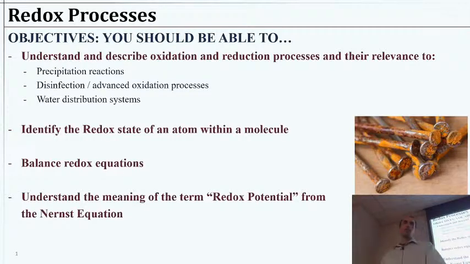Today we're going to talk about more than anything else, a refresher. How do we calculate or balance a redox half reaction? I'm going to remind you of some things you probably learned, probably should know. But mostly what I'm interested in is that you understand and could describe to me what oxidation or reduction have to do with, let's say, chlorination, or pipes with water flowing through them, or different environmental aspects,